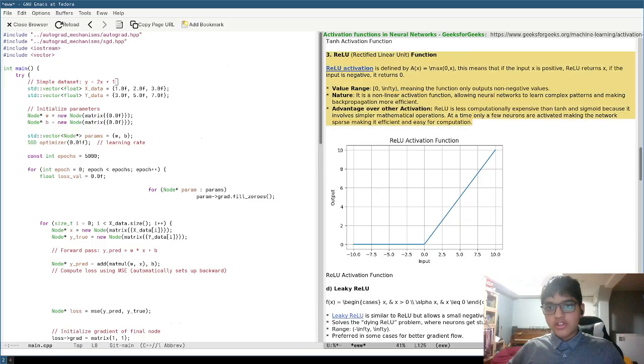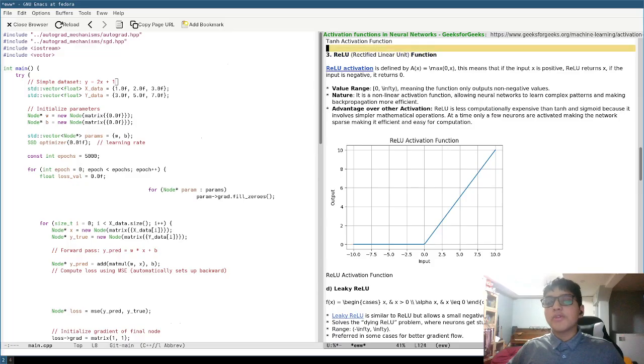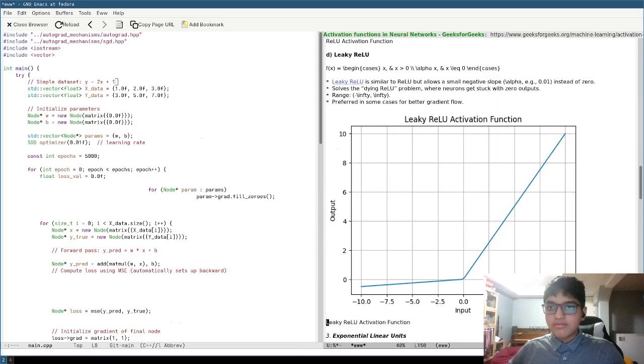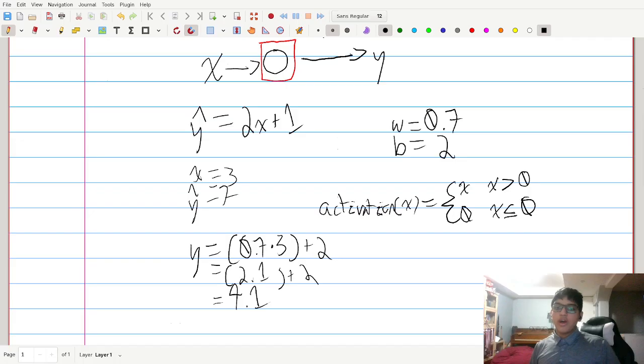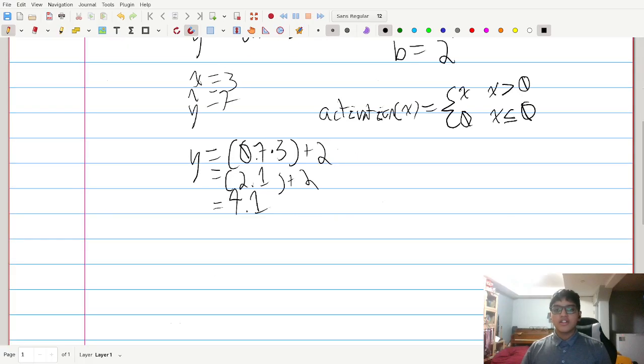I'm going to use ReLU just because it's easier to compute by hand than all these other ones. So now we know why we apply an activation, so that our models can learn nonlinear functions. So now,